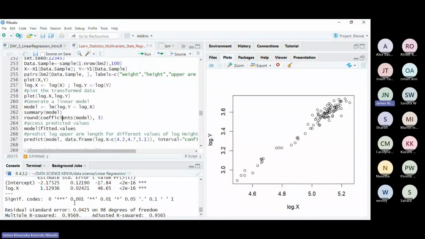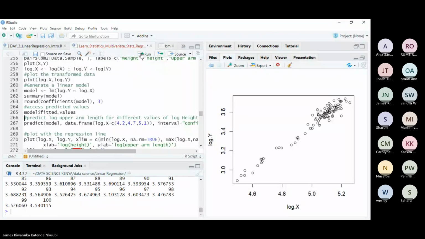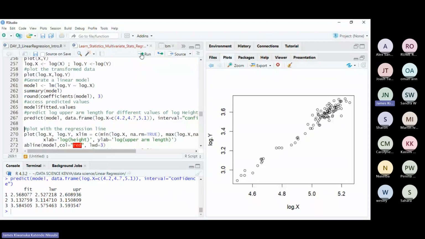So this is just getting the coefficients. You've already seen them here. If you want to get the fitted values, you can extract them using this attribute, the fitted values. You can predict. Now this is the transformed data. You can predict values of y using transformed values of x, and as well include the confidence intervals